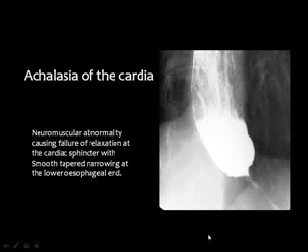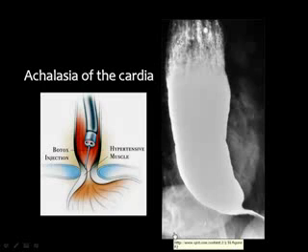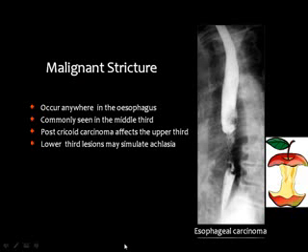Then this is a classic case of achalasia of the cardia, where you can see a smooth narrowing of the distal part of the esophagus with marked proximal dilatation. Another case of achalasia of the cardia with smooth narrowing of the distal part of the esophagus and proximal huge esophageal dilatation. Then this is the malignant stricture, which is almost similar to the apple core, and we call it